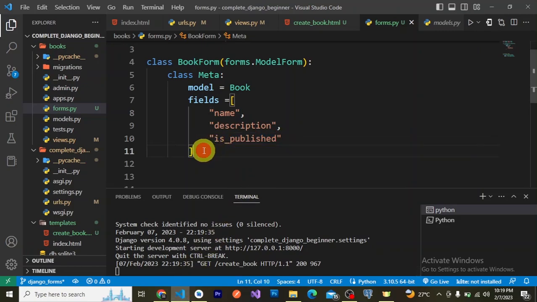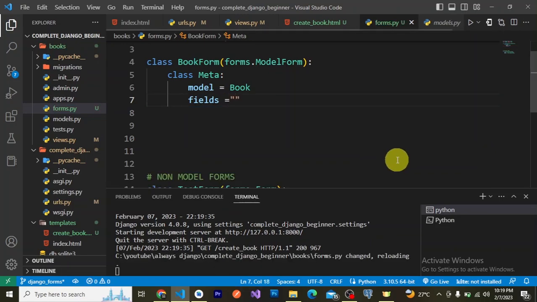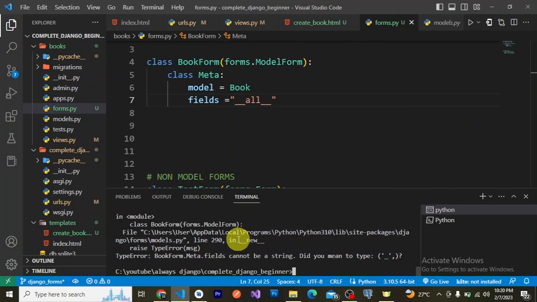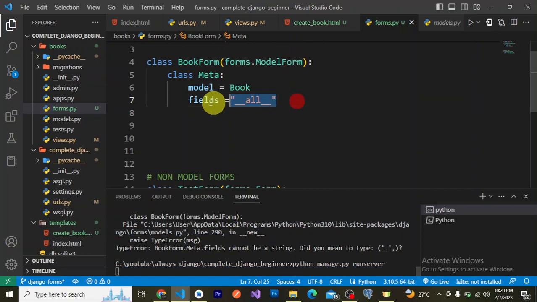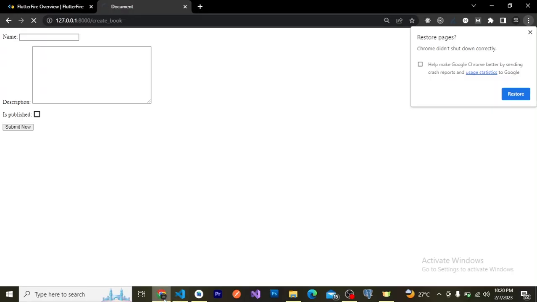If you want to output all the fields, and let's say you have a lot of fields there, you can simply say, as a string, underscore underscore all, right? By saying this, you are telling Django to output all the fields in your model, right? That's what you're trying to say here. Django, output all the fields in my model. So if we go back and reload again,